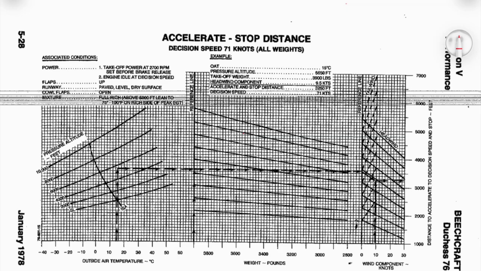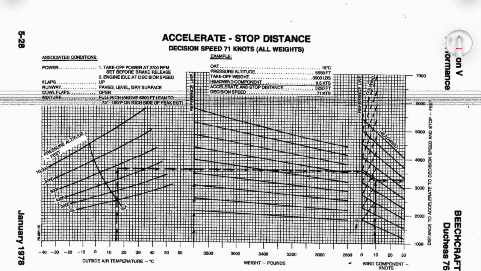What accelerate stop is, is we get to the point of rotation, 71 knots, and we have an engine failure at that point of rotation, and we're going to stop the airplane on the runway. We have accelerate stop, and we have accelerate go. As we said, accelerate stop is keeping the airplane on the runway. Accelerate go is accelerating to the point of rotation, having an engine failure, and then continuing to climb over a